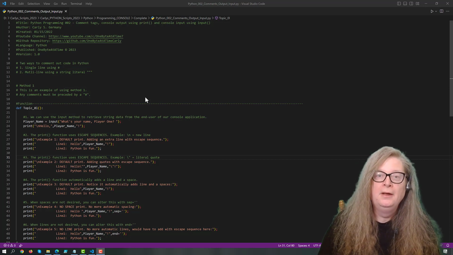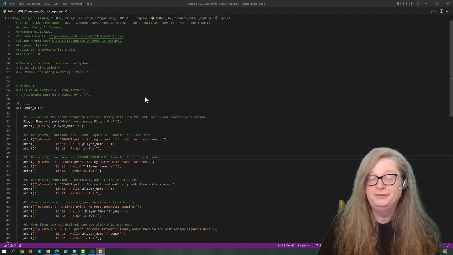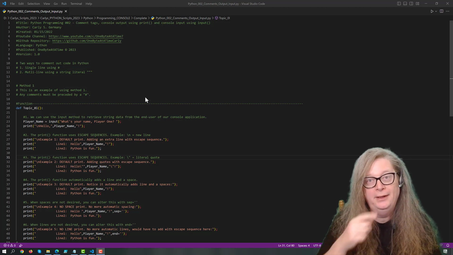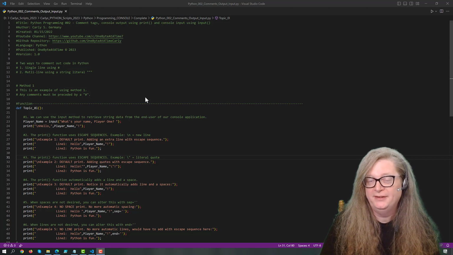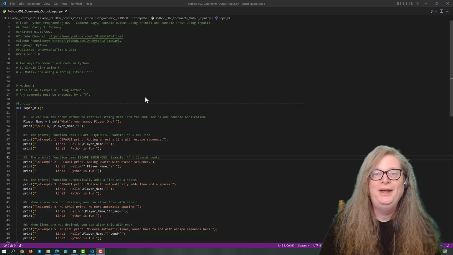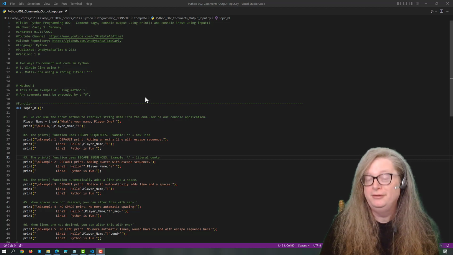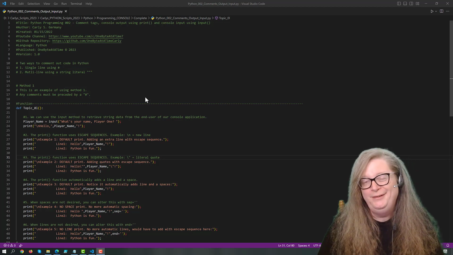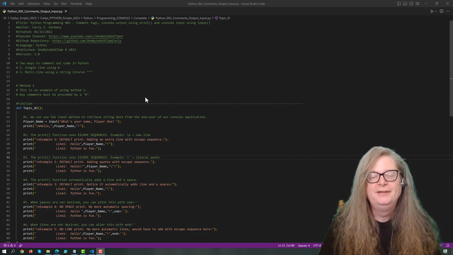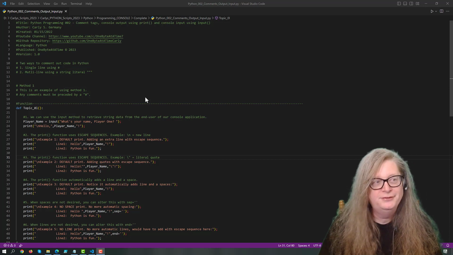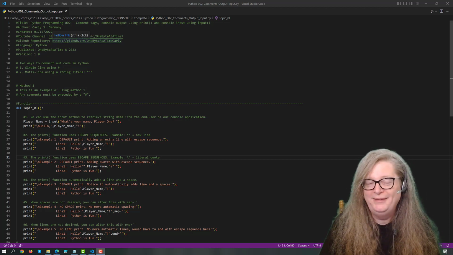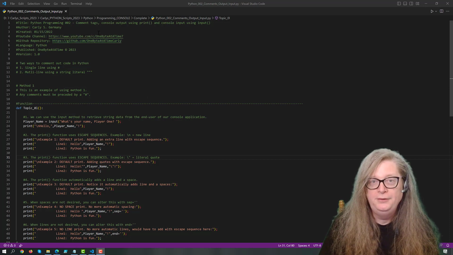And in this lesson, we're going to learn how to use comment tags for both a single line and multiple lines. Again, we're going to go over using print to output data to the console. And we're going to go over the input method, which is a convenient way to get information from the end user. Okay, and that information will come in as a string. And if we need to, we can parse it or convert it to different data types and then use it in our program. So first off, to make a basic comment tag on a single line, use the pound symbol